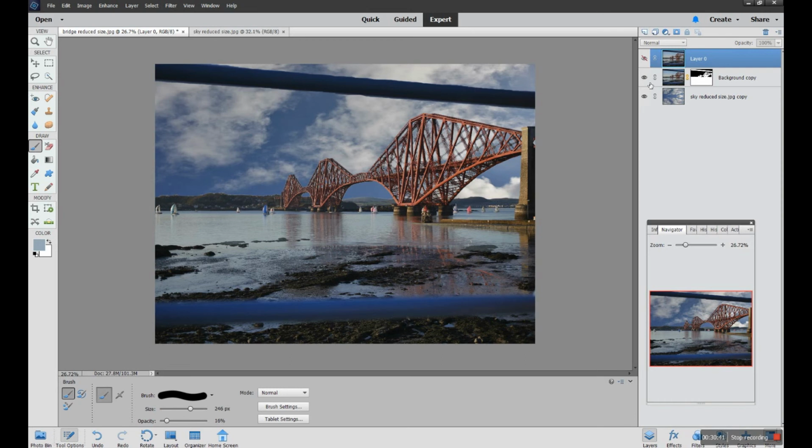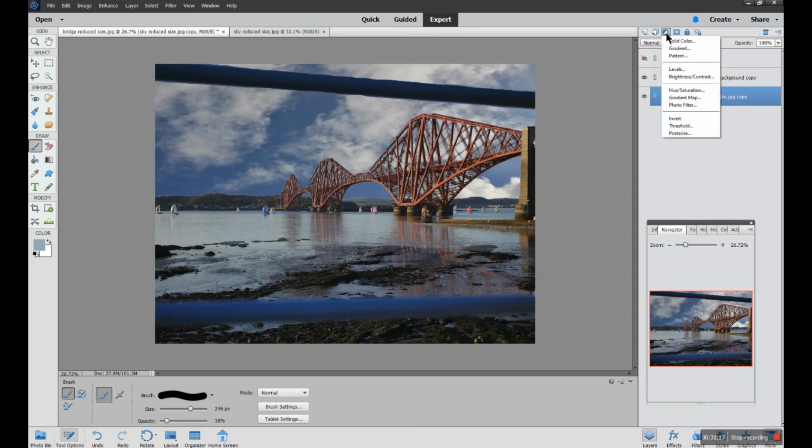Now that sky that I've got coming into the picture is not necessarily the right sort of shade that you'd want for your picture, so you can continue working on it. To do that, I can go back to my sky photograph, which I have now at the bottom on my palette, and I can adjust the colour and strength of colour by going into the adjustment layer options. Create a new fill or adjustment layer with a little circle, blue and white circle icon. Go to hue and saturation,